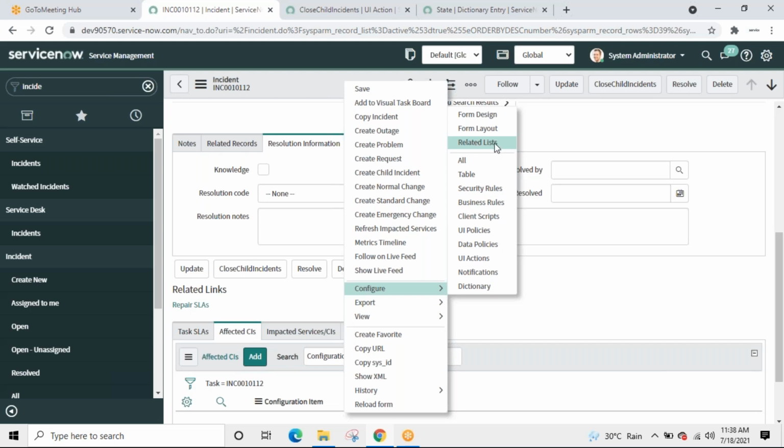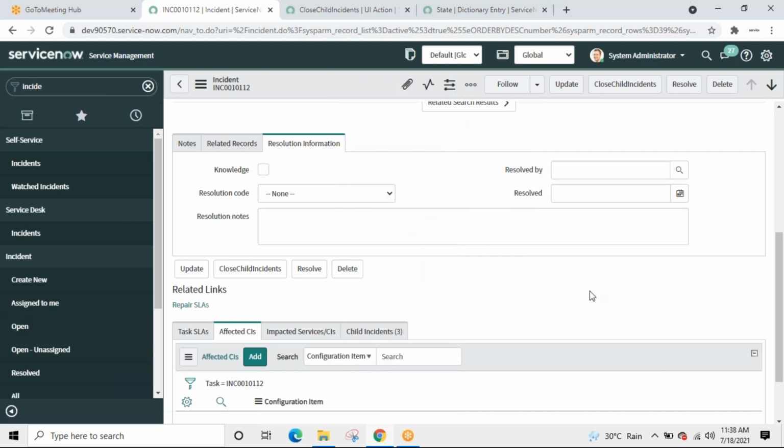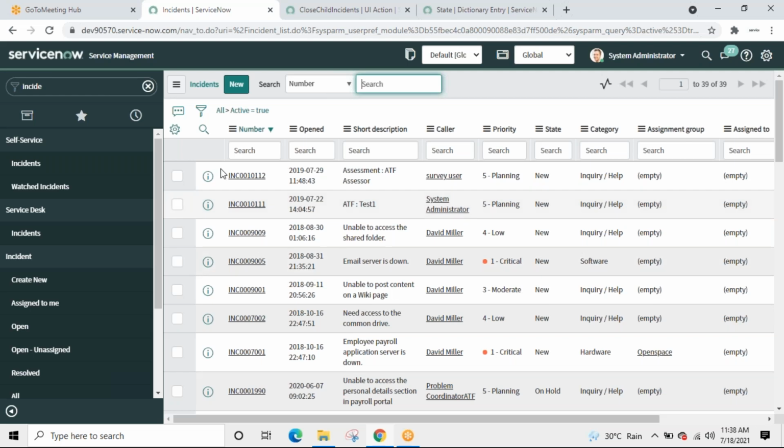This will be form links, security, data policy, form design, form layout, related list. No, not like that. Fine, what we will do, I'll find it out and you can also do it from your end.